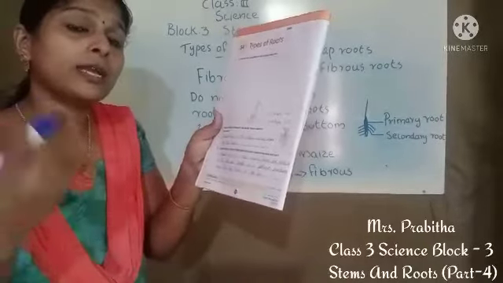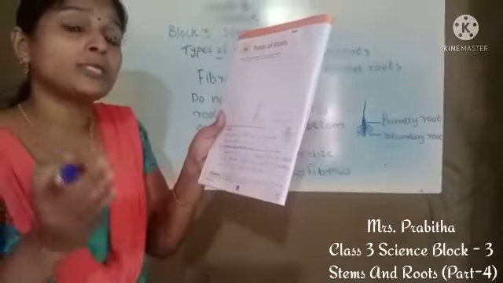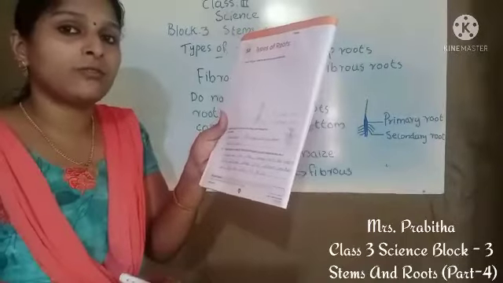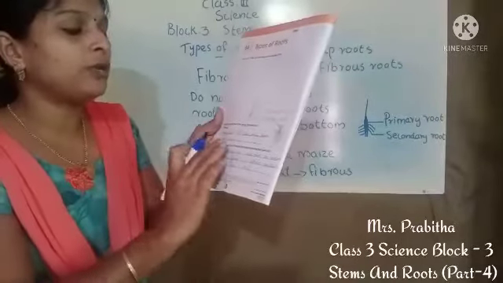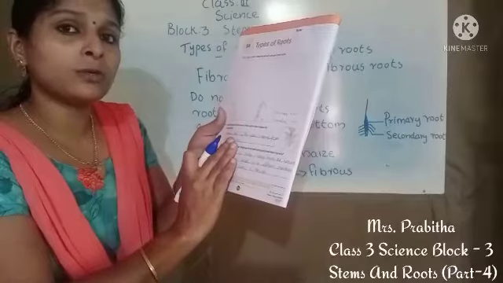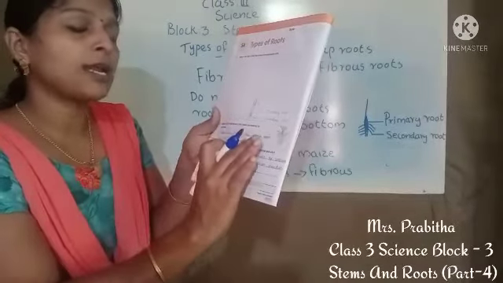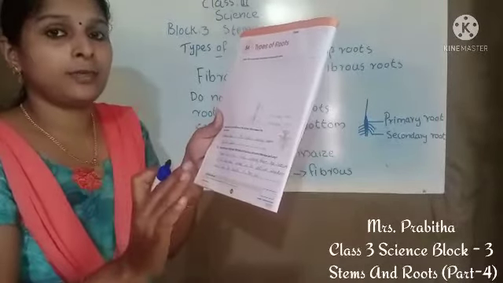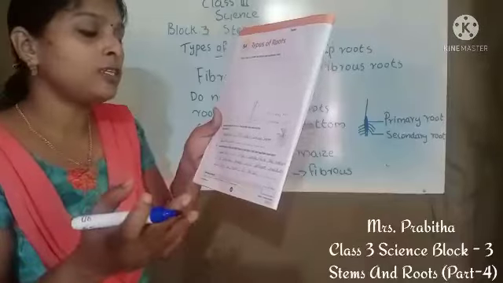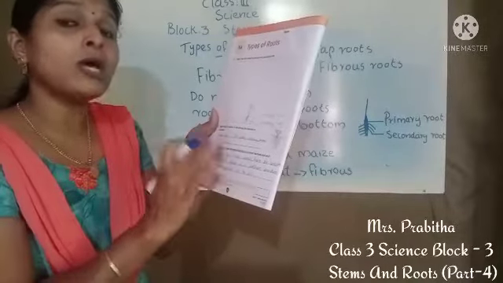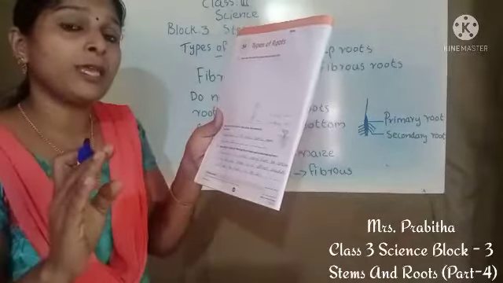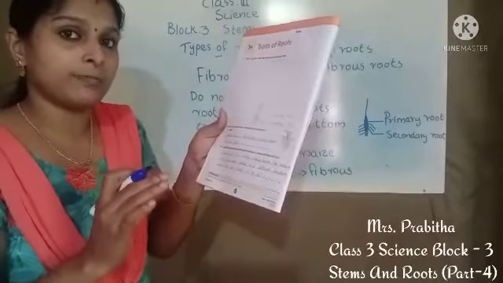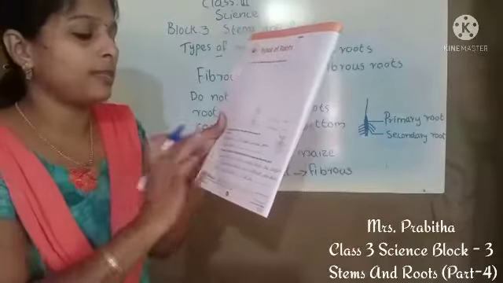And you can write another way, all the roots are coming from the bottom of the stem. So how can you give the answer? Yes, it is fibrous root because all roots are coming at one place. Or another way you can write, it is fibrous root because all roots are coming from the bottom of the stem. This is the way also you can write the answer.